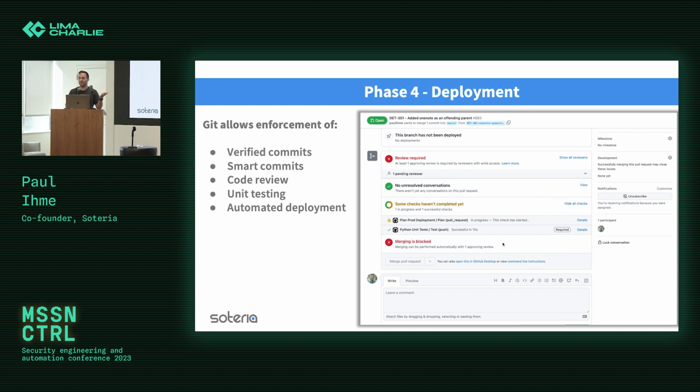That way, if somebody were to get into GitHub and try to commit something without your key, then it would flag. There's a whole lot of nightmare scenarios. Like, that's kind of the least of my worries if that happens, but it's good to know, right? Smart commits, again, being able to map all your commits back to your Jira tickets. That way, you know this commit is tied back to this requirement that was submitted by Paul on this date.